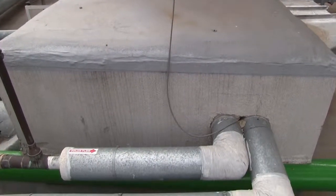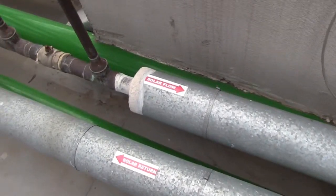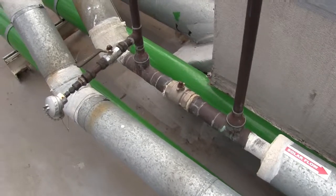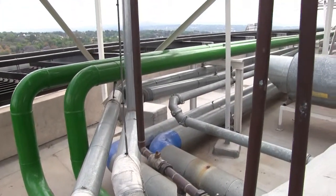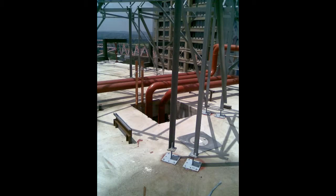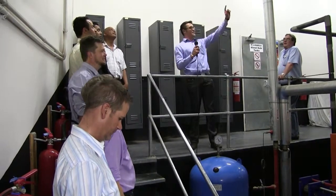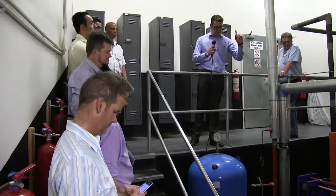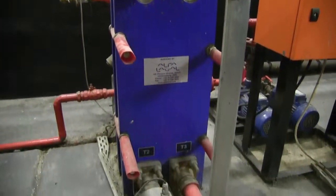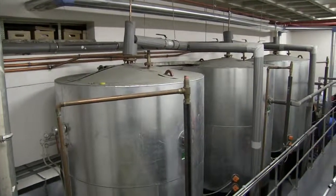With the closed-loop solar thermal system installed on the roof of the hotel, the fluid is cycled an amazing 17 stories high up to the collectors and down into the boiler room. These are the pictures of the initial pipework going down to the boiler room. As you can see here, this is the solar feed down with its circulation pump from the roof, where it goes through the plate heat exchanger, and then of course the 3 staggered tanks that I mentioned, 10,000